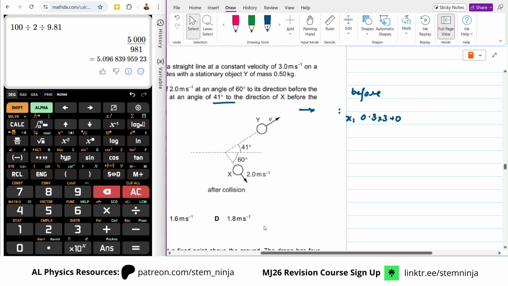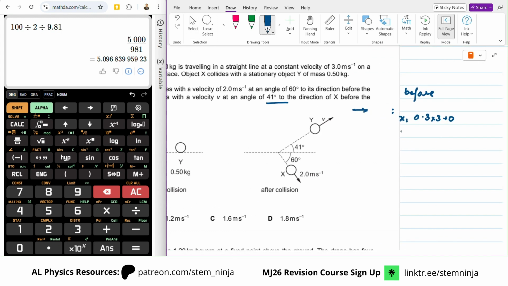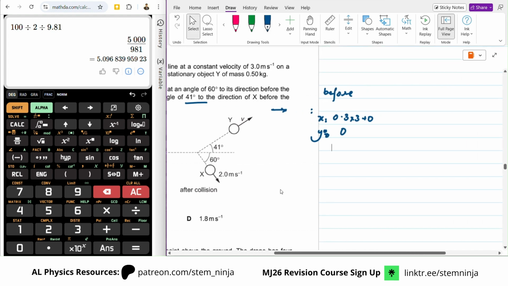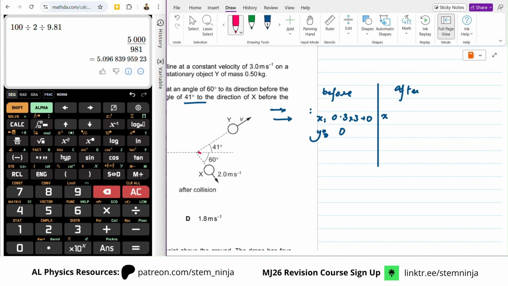This is the total momentum before. Y is stationary, and there is no velocity perpendicular to this motion, so 0. But after there is. So after, in the original direction of X, you have